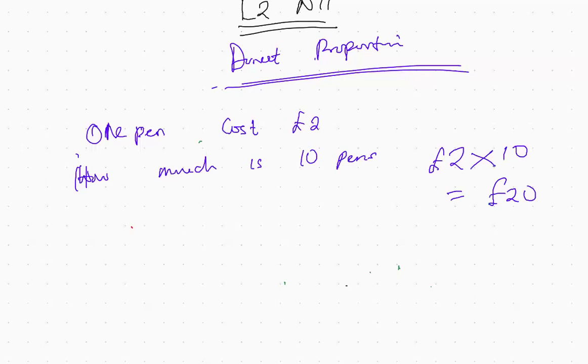The pens are increasing from 1 to 10. The money is also increasing at the same rate. So this one shouldn't be a problem for you. Another example is, if you say that maybe a bottle of water